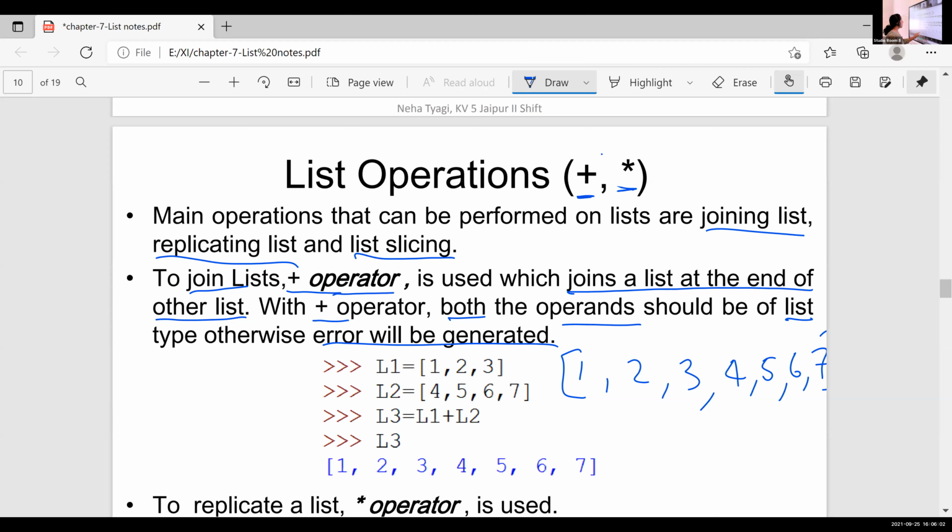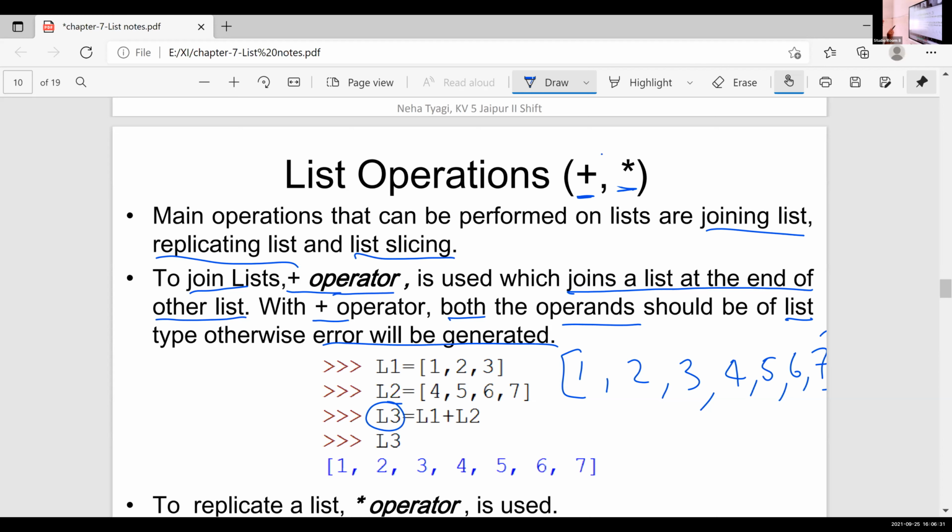Okay, so L3 is equal to L1 plus L2 means the contents of L2 are added with the contents of L1. That is, the contents in L1 are 1, 2, 3. At the end of that L1, we just add the contents of L2. It is 4, 5, 6, 7. And this entire value is assigned to L3.